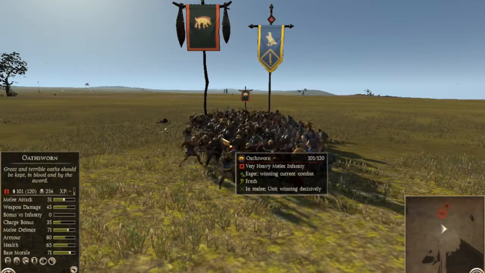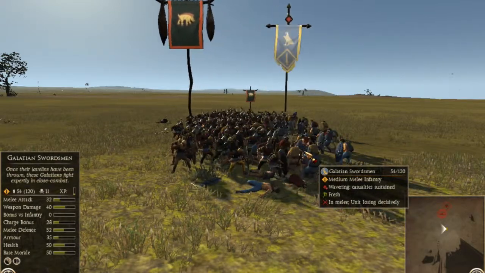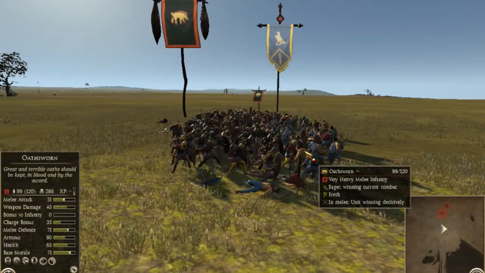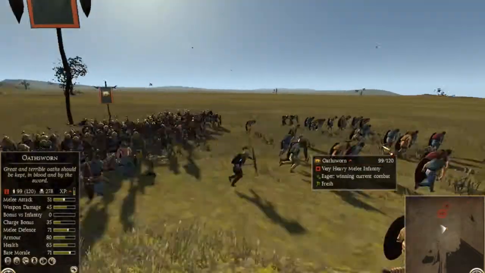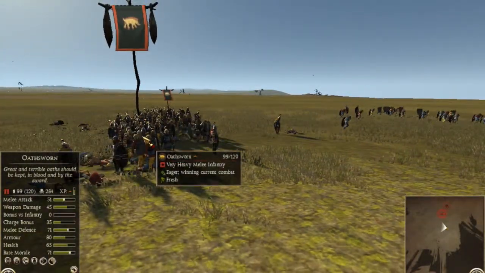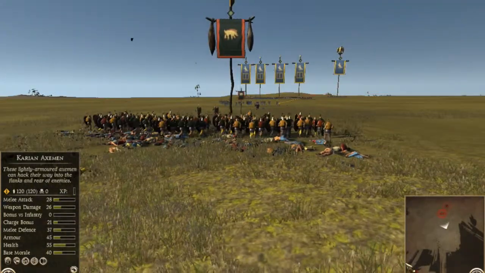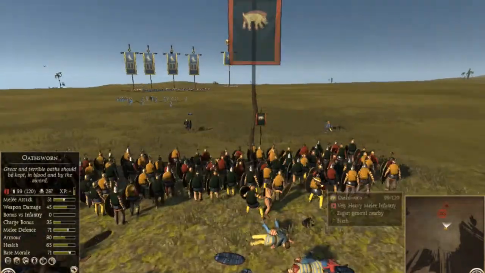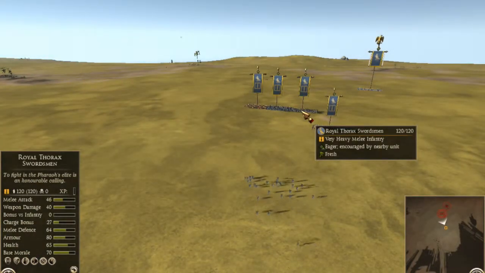But I think that's partially, or they get 10 kills, probably more than that. Yeah, 11. Well, partially because the Oathsworn have so much hit point damage by now. They're definitely not all at full health. Now the Galatian Swordsman got 12 kills, which is very good. So now we're bringing up the Thorax Swordsman, and